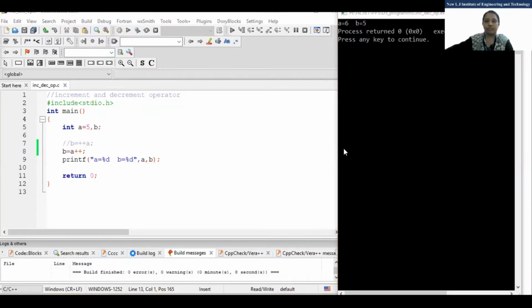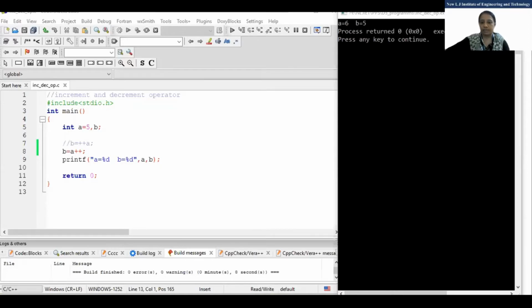So in this way, you can use the increment and decrement operators. Increment and decrement operators are called unary operators. Why unary? Because they have only one operand. You are writing A plus plus like this only, right?